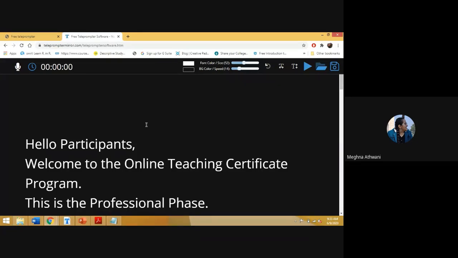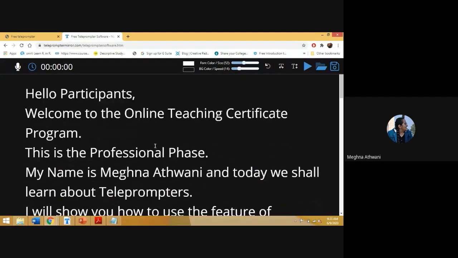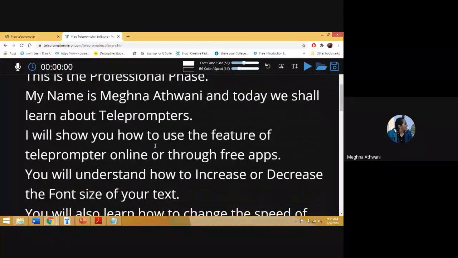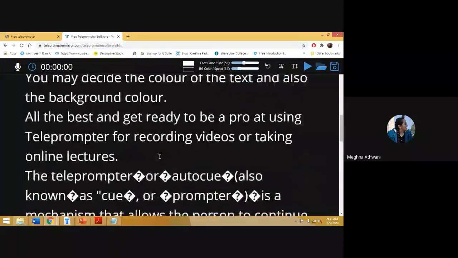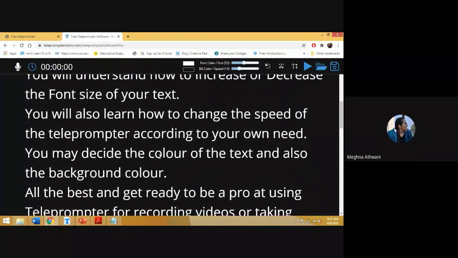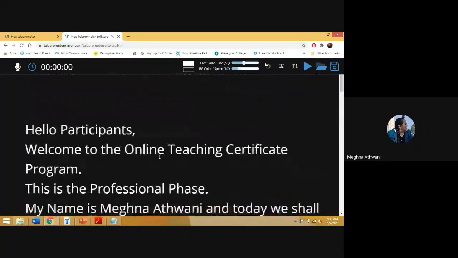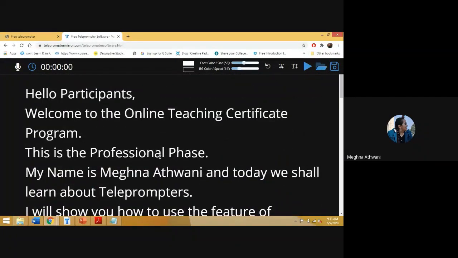You can control it through your mouse, if you don't want it to go while you are reading it. If you see, there is an option of not setting the speed. You can scroll it. See, like now I'm scrolling with my mouse. This is not playing on its own. And this is according to me. If I know that I cannot cope up with the speed of the teleprompter, I will scroll it accordingly. I will not use the actual command present here.